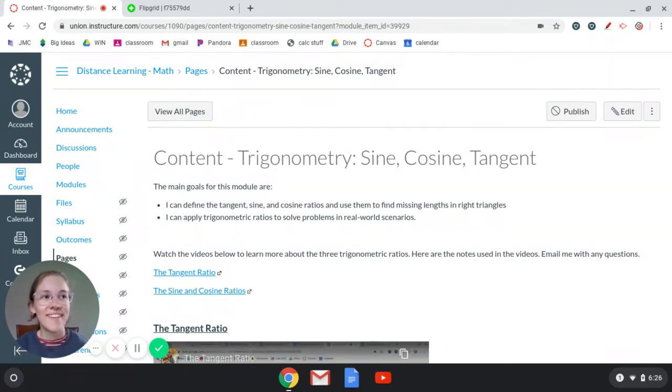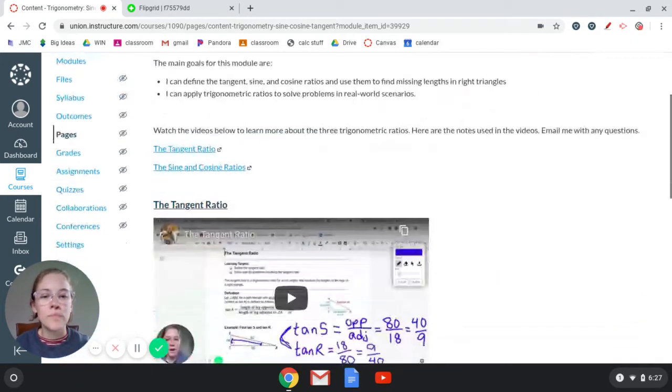You may have seen them as sin, cos, and tan, but I don't think any of you have ever officially learned this in the Union District. And this shows up on the ACT and AccuPlacer, all those standardized tests, and they're really cool. So make sure that you work through this so that you feel good about this material.